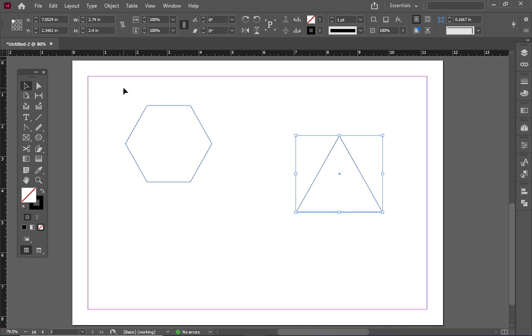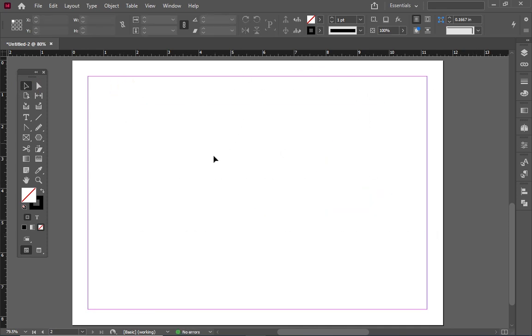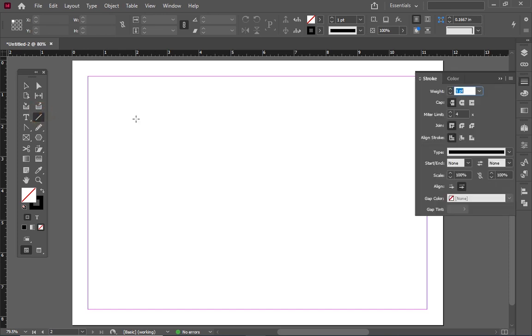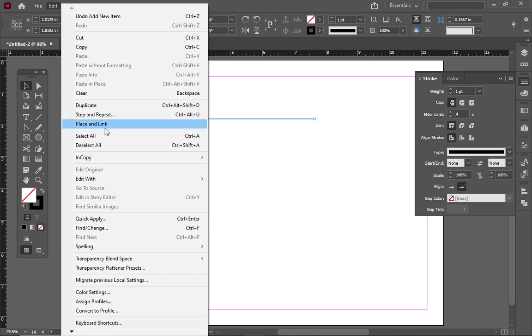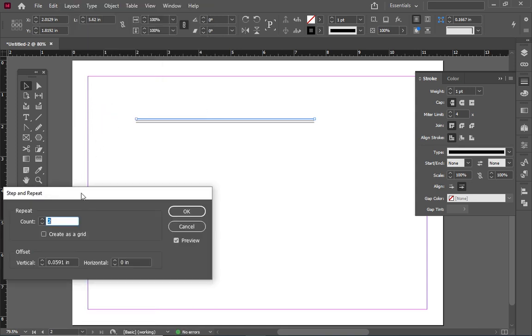Now what if you want to repeat shapes? Let's say I have a line tool over here, and I'll draw a perfect straight line. When I hold Shift, then you can draw a perfect straight line. So now to repeat this line with the line selected, I'll go to Edit, and I'll go to Step and Repeat. Okay, now Step and Repeat,